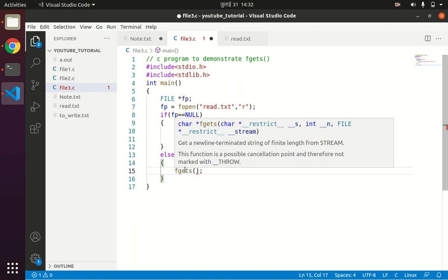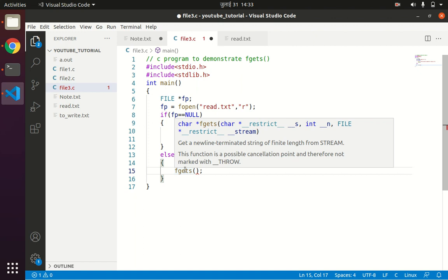So if you want to read a given line of a string, then you can use the fgets function. The arguments for fgets are first a string pointer, then an int n, meaning how many bytes of a string you want to read from the given file, and then the file pointer.